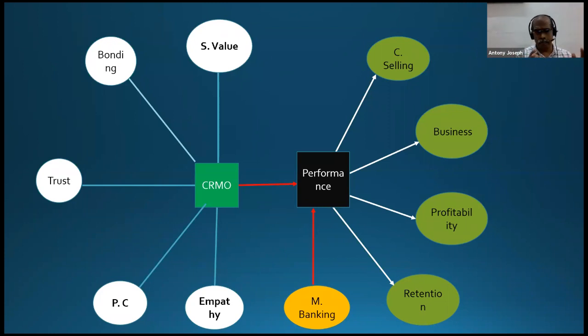And when I put them together, or take the total score of all these 5 scales, I will get a score for relationship management orientation. And I need something regarding the performance of banks. I have taken 4 different variables, and taking the sum of all these, I will get a numerical value regarding the performance at the branch level. And I have an independent scale developed for measuring mass banking. Okay, so I have this many scales